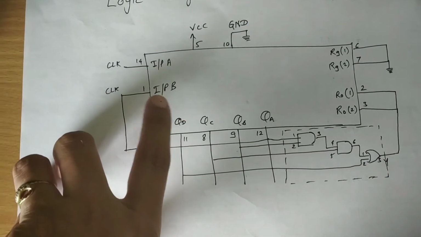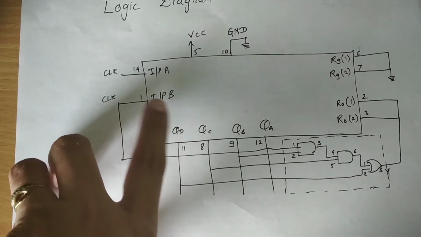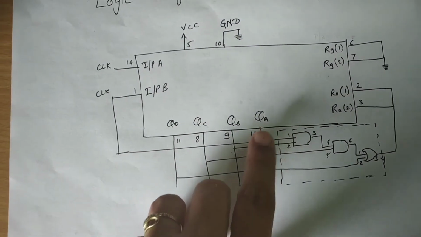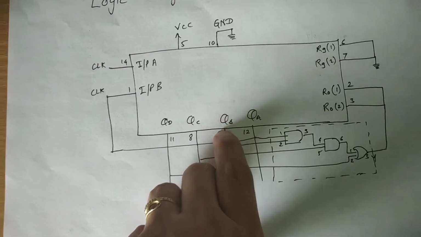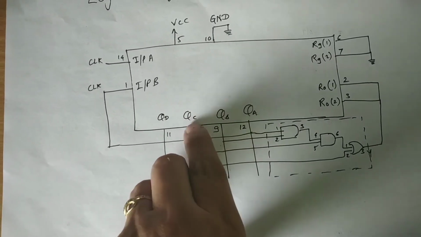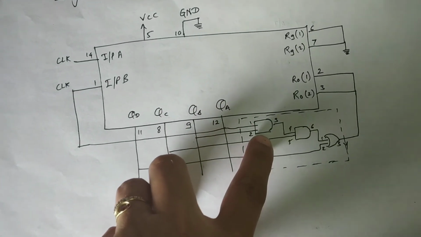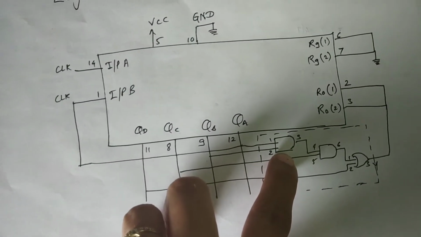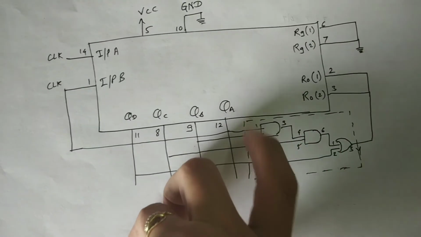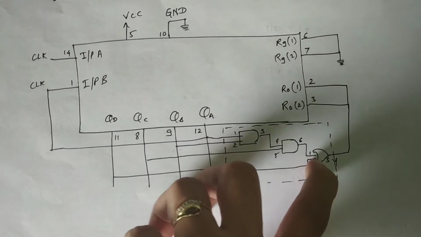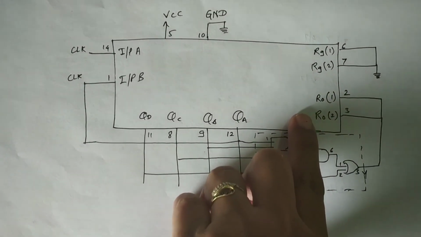Then this is input B, that is the clock of mod 5, and it comes from your output pin QA, that is the output pin of mod 2, right? These are the output pins of mod 5, that is QB, QC and QD. So here I had implemented the reset logic, that is QD plus QC, QB, QA, and this reset logic will be input to the reset pins, that is R01 and R02.